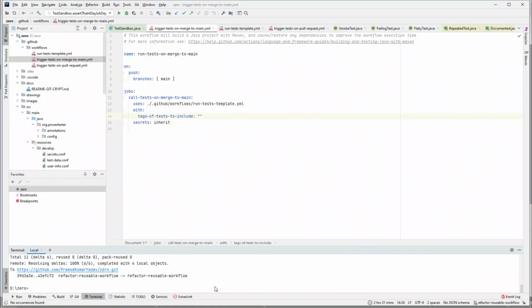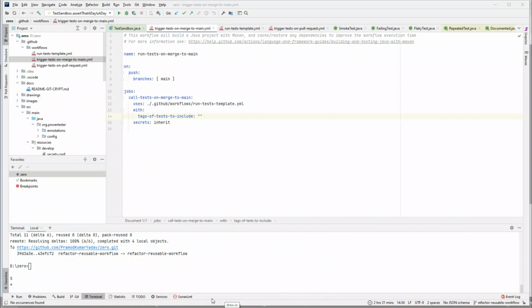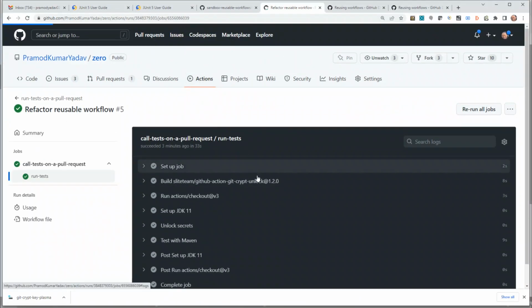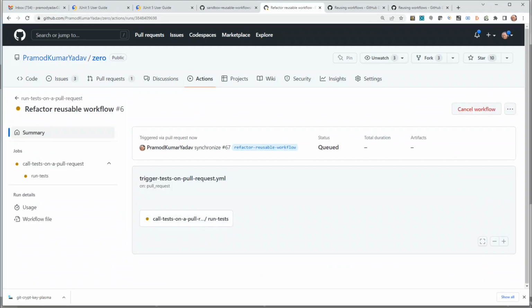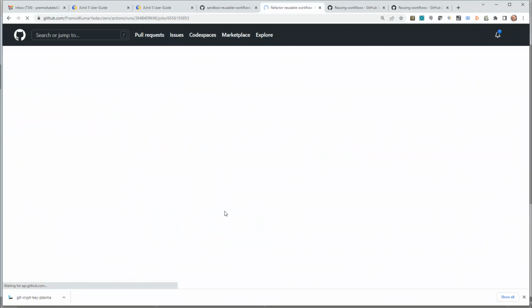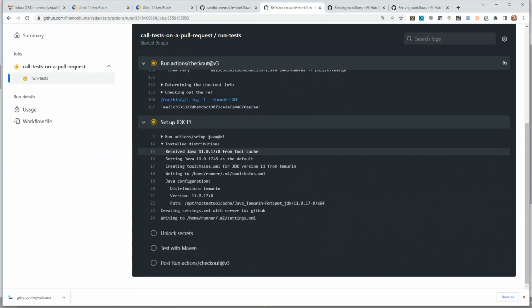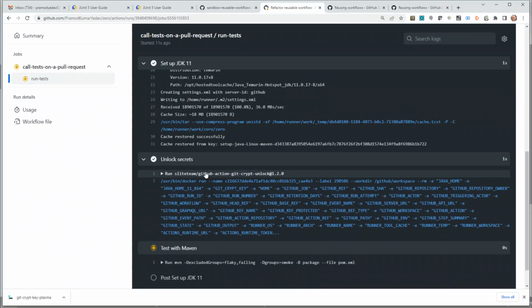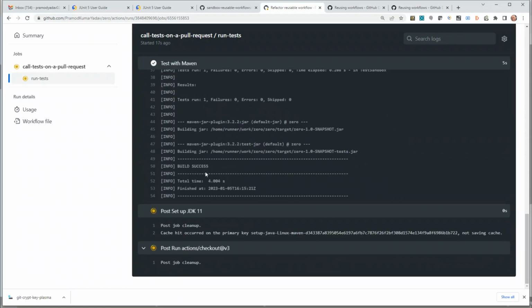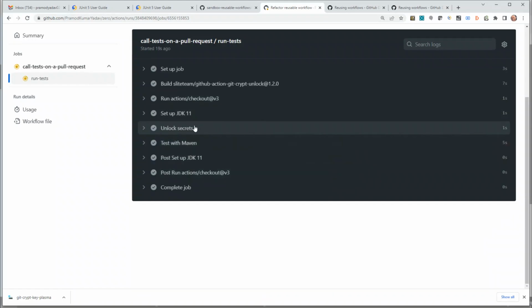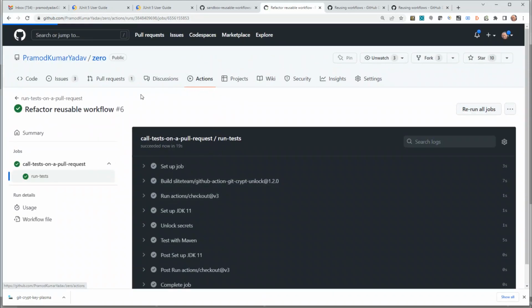And this one. So I've pushed the code. Let's go back and see what has happened. So refactor reusable workflow. At this moment, it's only triggering one call test on a pull request, which is exactly what you want. You already know that this works fine. So the moment we merge this pull request, we will see a new action where we expect all our tests to run, which should be 11 in number. So here it should be 1. And once we merge the pull request,